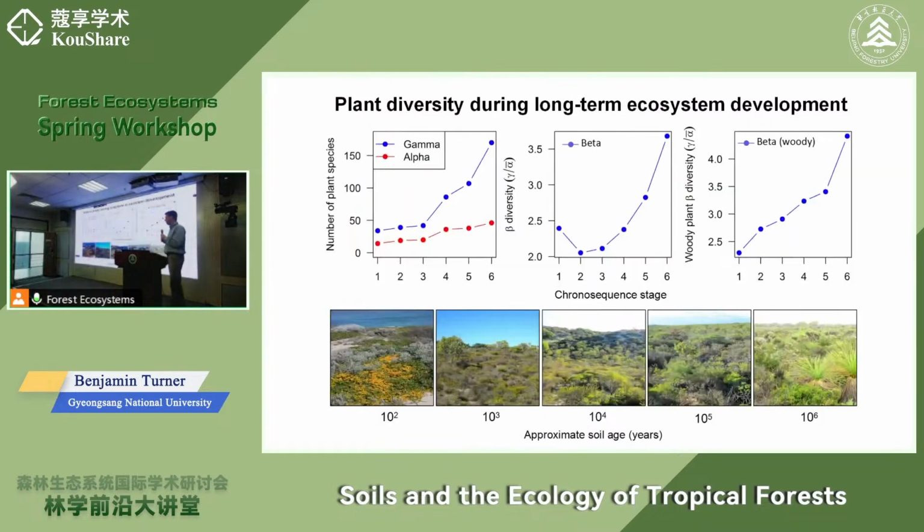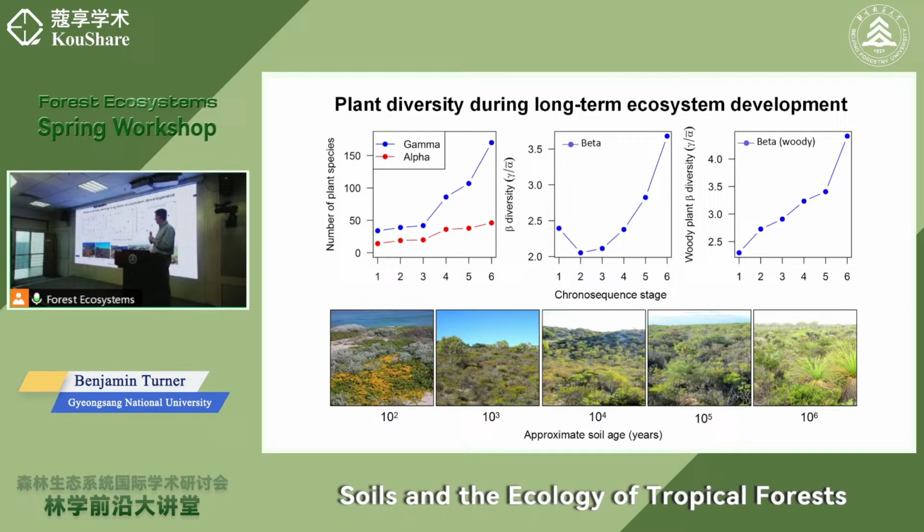And what about the diversity? Well, the patterns of diversity are very clear as we go through this sequence. As phosphorus declines over 2 million years, the diversity of plants in this ecosystem increases. And I plotted here 3 different measures of diversity, the alpha diversity in the red circles there, increasing from, this is the plot level diversity, and all the work that I'm showing you is based on 10 by 10 meter plots in these shrublands. So the plot alpha diversity increasing from about 15 species up to around 50 species across